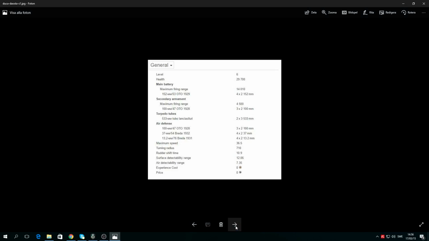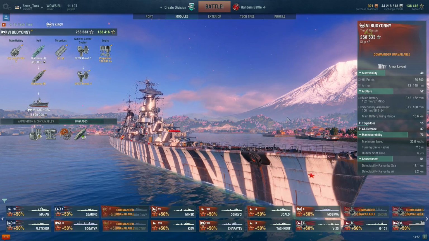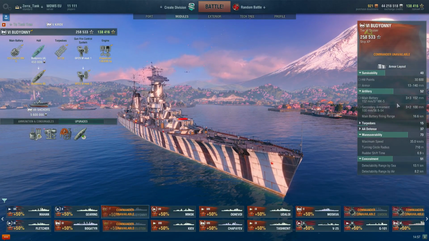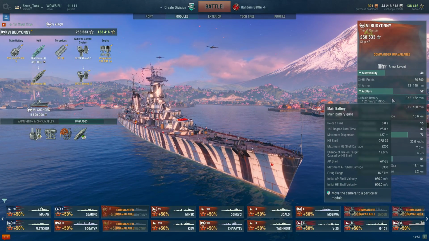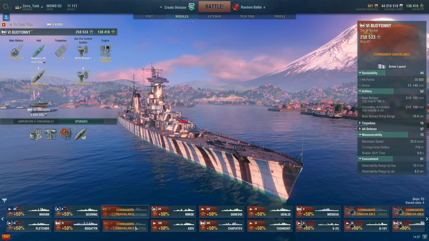Okay, general. It's a Tier 6. Health pool 29,700. Main battery range, and this is a sad part, 14 kilometers. 4x2 152 millimeters. What is 14 kilometers? It's crap. Folks, I repeat, 14 kilometers, it's crap. Why? Bugioni has 16.6. Molotov has